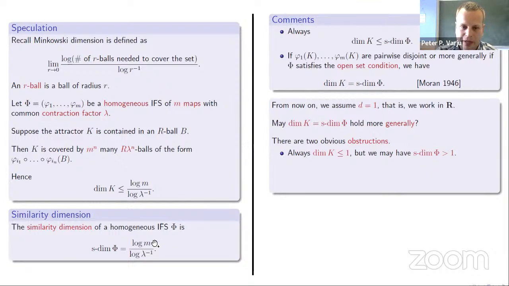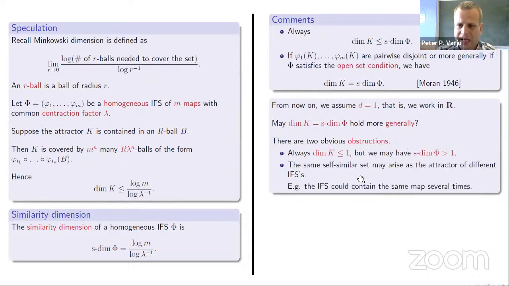On the other hand, you can make the similarity dimension as big as you want. If you look back at the definition, it is defined as log m over log lambda inverse. And really, there is nothing that would stop me from putting as many maps in my iterated function system as I want. So I can make the similarity dimension as big as I want. It can be bigger than 1, and in that case, it will surely not equal the dimension of K. The other obstruction is